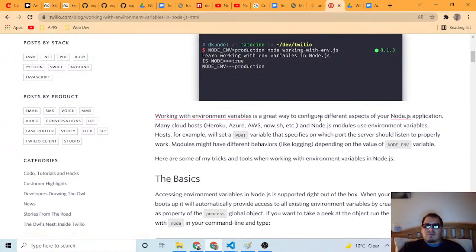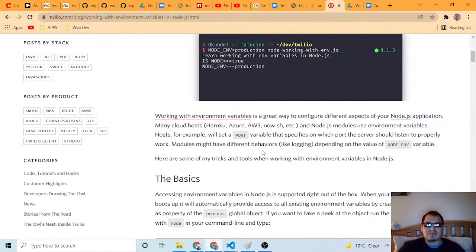It's a great way to configure different aspects of your Node.js application. Many cloud hosts, Heroku, Azure, and Node.js modules use environment variables. Hosts, for example, will set a port that specifies on which port the server should listen to work properly.